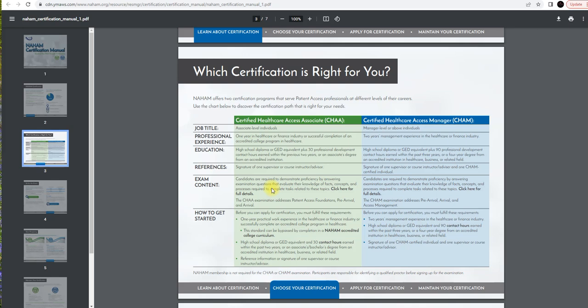Your education, you have to have a high school diploma or a GED equivalent plus 30 professional development contact hours earned within the previous 2 years or an associate's degree from an accredited institution. So either you had your high school diploma plus those 30 contact hours, or you have your associate's degree. So you need to make sure that you have all the criteria met before you start even trying to